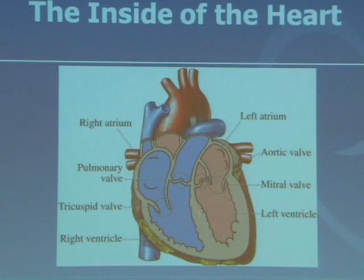If you look closely at those chambers themselves, you can start to appreciate the bottom chambers, the ventricles, are beefier. They're thicker walled, they're larger, and they're built actually to generate most of the pumping force for the heart. Whereas the atria, the 2 upper chambers, really are just holding chambers. When blood is in the atrium, it's held there just momentarily before it dumps down to the ventricles. From the ventricles then comes the push